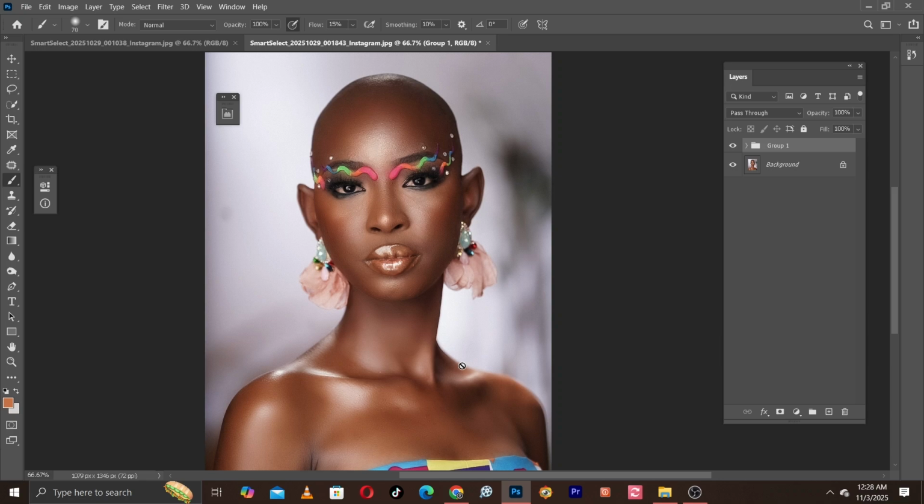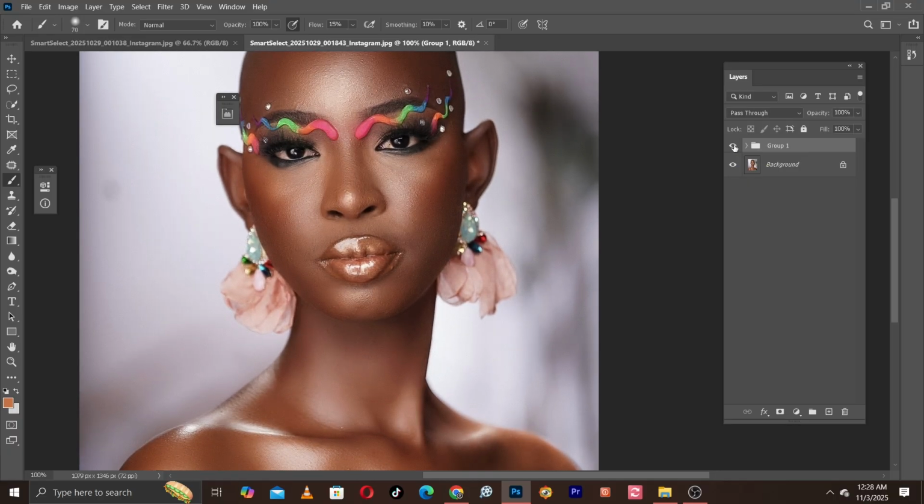In today's video, I'm going to show you how to soften skin or soften retouching without using frequency separation. And you can see I have already edited this photo. You can see this is the before and this is the after, and I didn't use any frequency separation while editing this photo. So stick around as I take you process by process how to edit it using